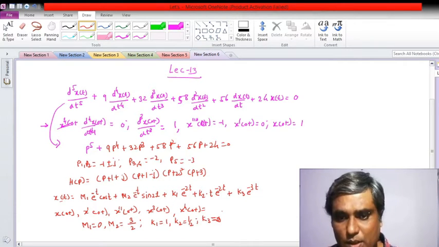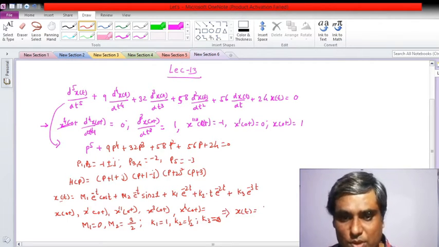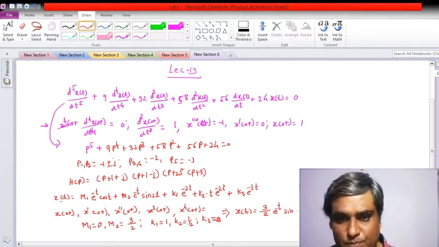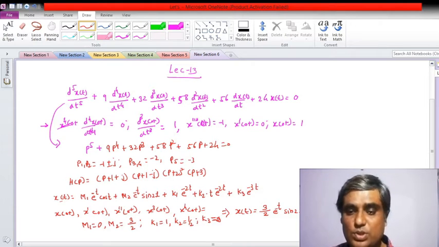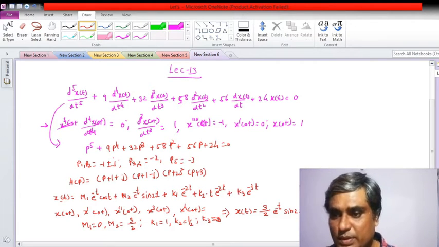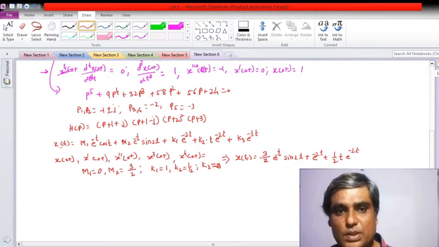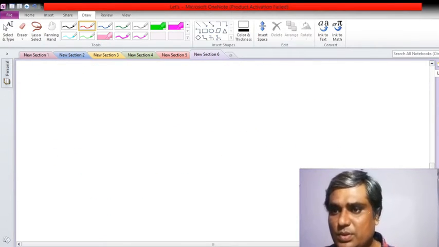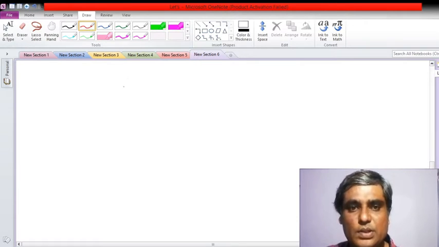So the solution x of t will be: this m2 is 3 by 2, e raised to minus t sine t, no, sine 2t, plus e raised to minus 2t plus 1 by 2 t e raised to minus 2t. Okay. So this way also you can do if it consists of a number of different roots. Okay. Fine. Now next we'll go with the solution of